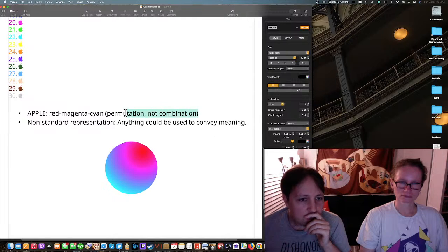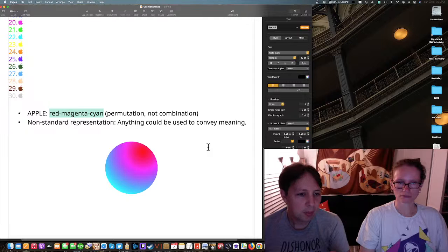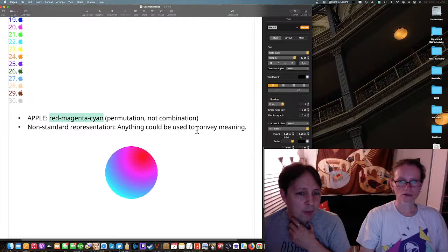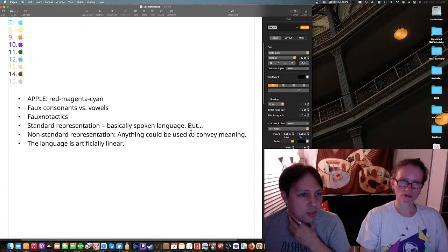But since this is a combination, right? Suddenly these 3 colors by themselves are locked into meaning apple, and they can't mean anything else. So it's not like magenta, red, cyan can mean something different. It's okay.